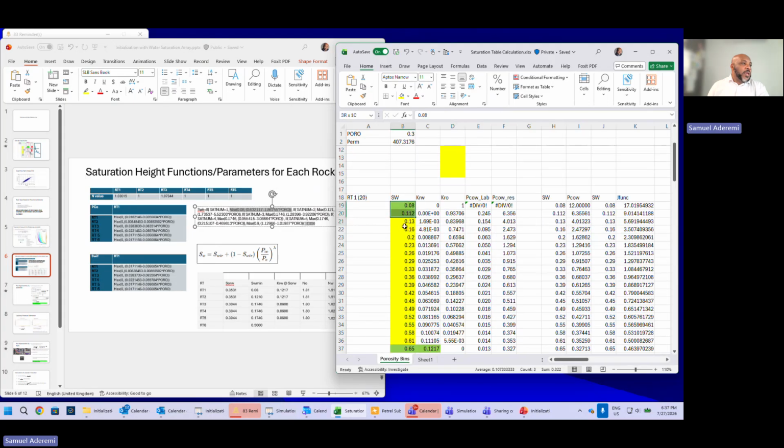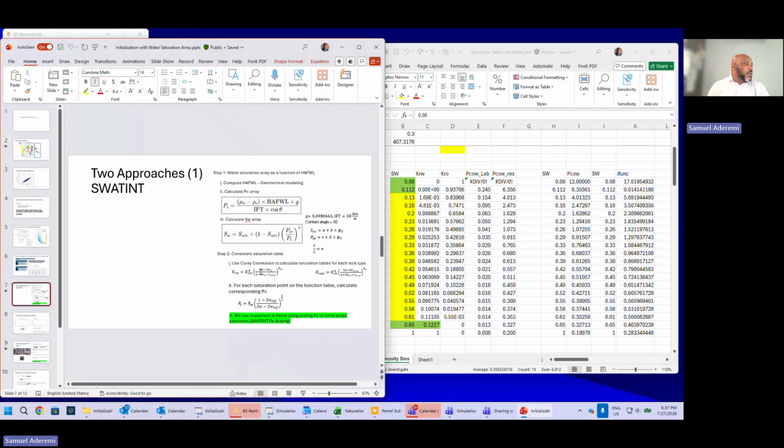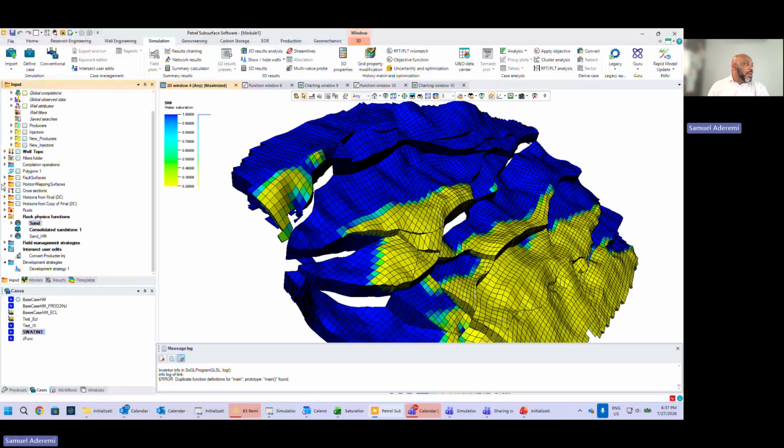One thing that you need to bear in mind is when you are generating the saturation table, you can actually program the Corey correlations, those two equations that I showed you before, this to calculate this and this to calculate this, once you know those important endpoints. Another easy way to generate that is the fact that you can actually go to Petrel, for instance, and you